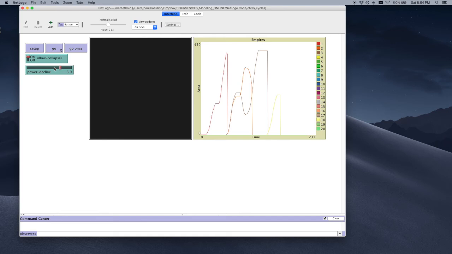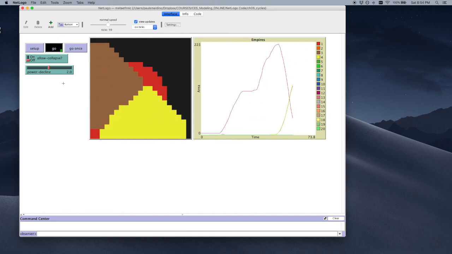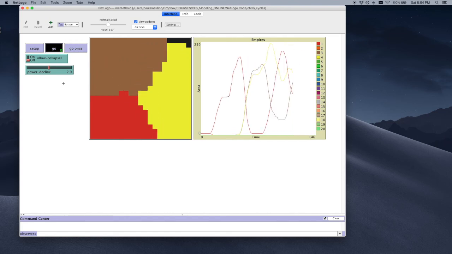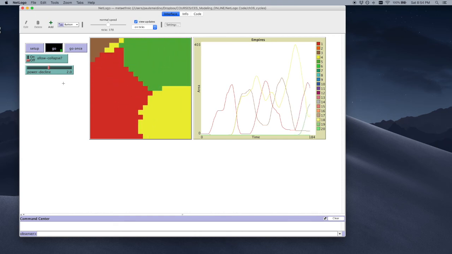Now let's go back to our default of power decline 2, but just get rid of allowing empires to collapse. So remember in the model, if an empire's asabiya becomes low enough, on average, the whole empire instantaneously collapses. And let's just get rid of that assumption. So now an empire can still decline by being captured, by being conquered piecemeal by other empires, but it doesn't fully collapse if its asabiya goes lower.